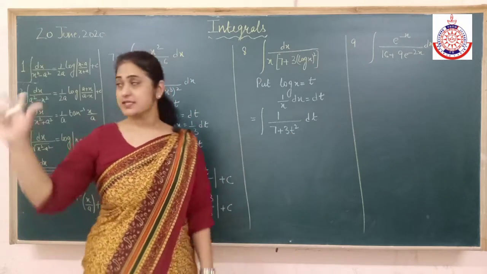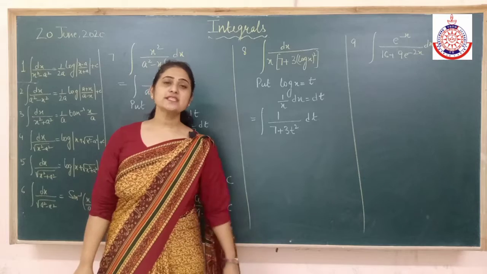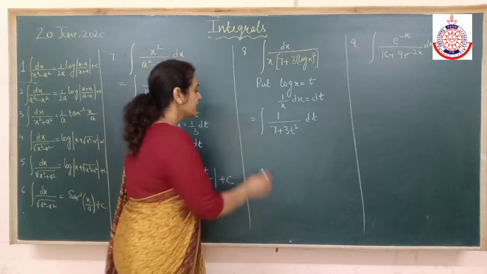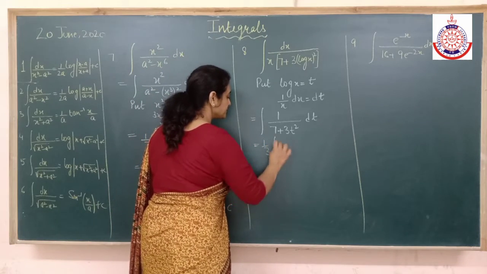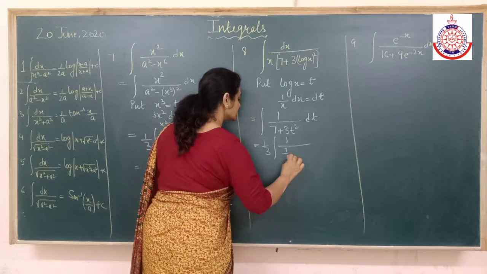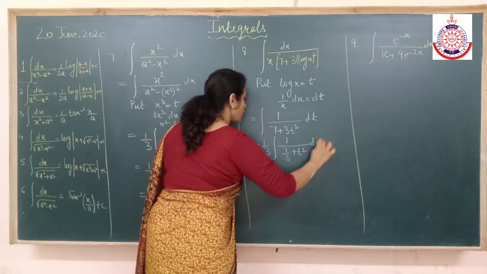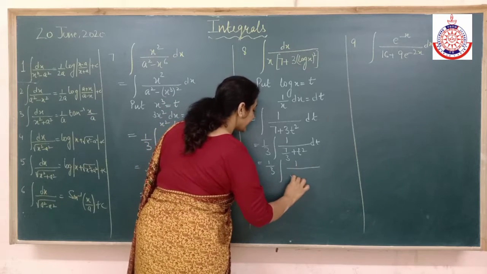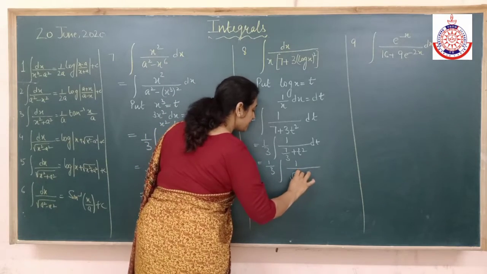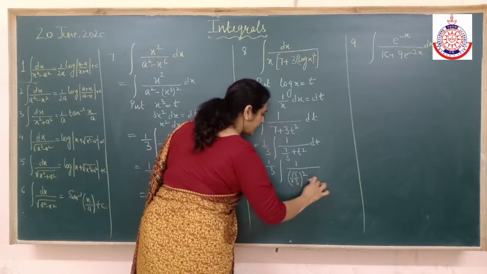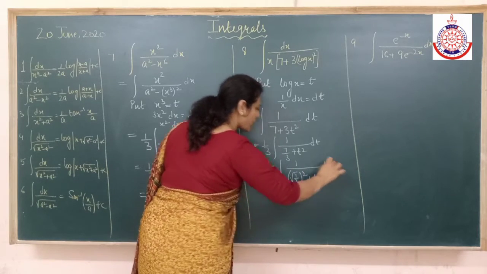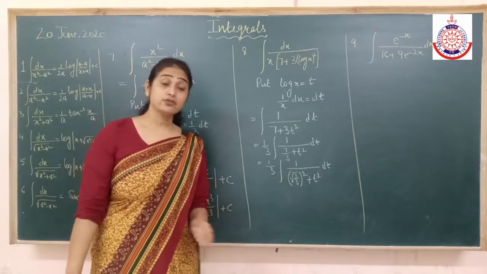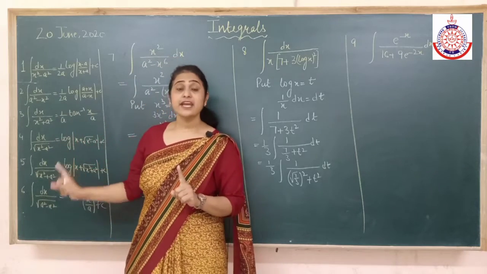Now somewhere I can correlate, but one problem. What is that? The coefficient of t square should be 1, that's right. So take this 3 out. All the forms should be in the form of a square. I need a square, so I can write it as root 7 by 3. It's not compulsory every time you get a perfect square there. 9 will come, 4 will come, 36 will come, nothing like that. So if it is 7 by 3, but the formula demands it should be a square.